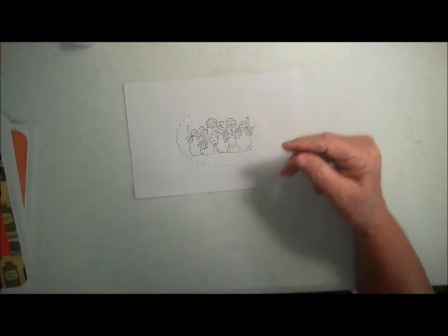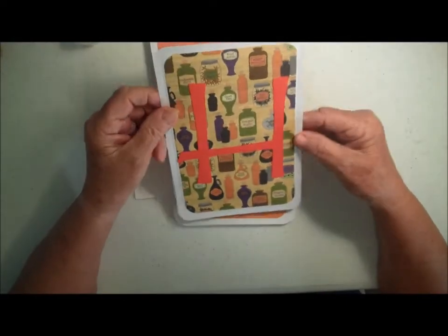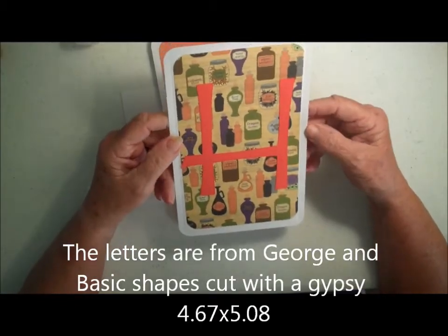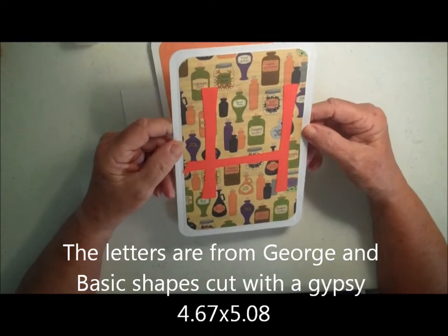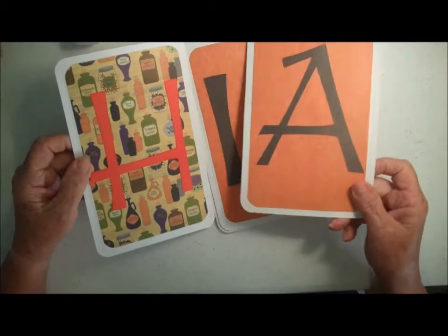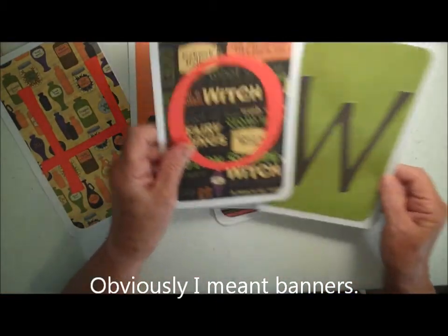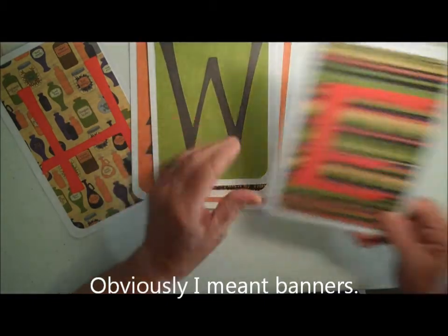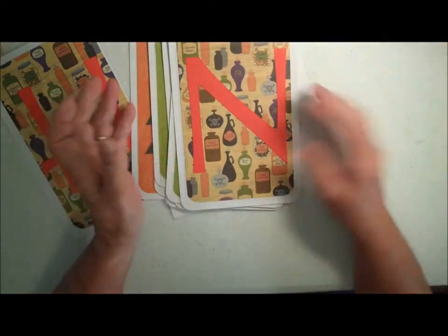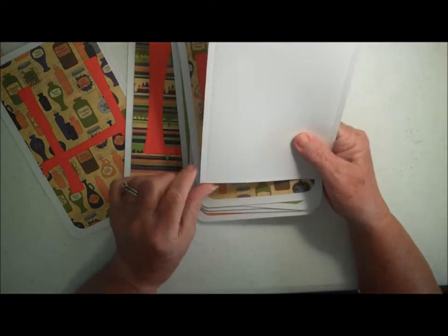So what I have done, and I've just started it, but I'll give you a little hint of how it's going, is I have used the papers from one of the older stacks I have, and I don't have the name of it here right now, to make some tags, and I have spelt Halloween. Okay, and what I did is basically just take this piece of paper and use the corner rounder and round the corners here,